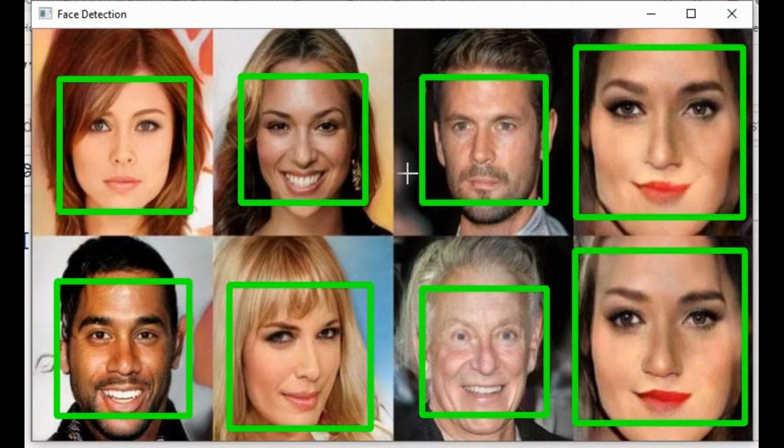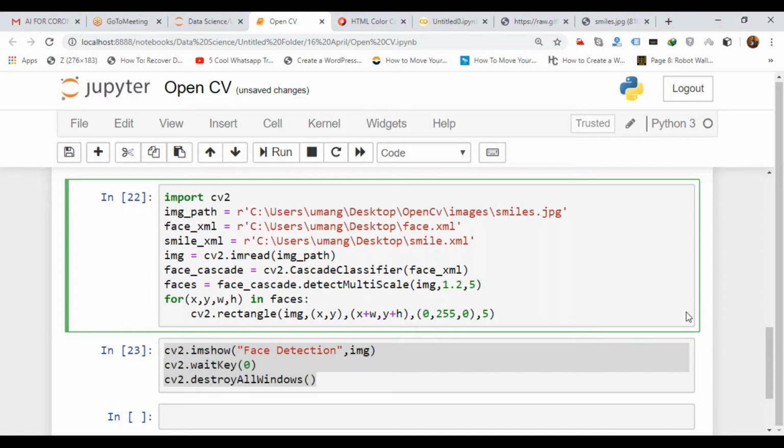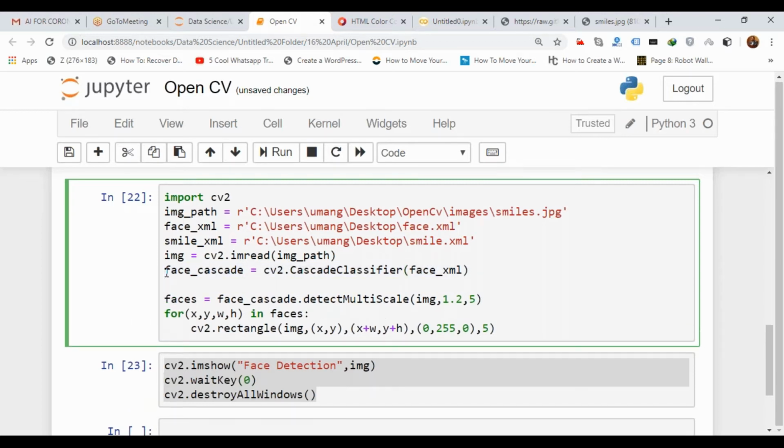Now in this face I have to detect the smile. Now what changes do we have to do? Find the ellipse coordinates using this smile cascade file. So we will apply this to which file? To our face, basically. First of all I will declare my smile XML. I'll just paste the same code. I will write here smile_cascade, and here I will give smile_xml.